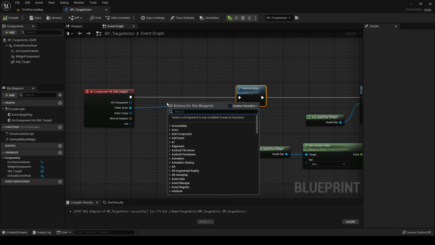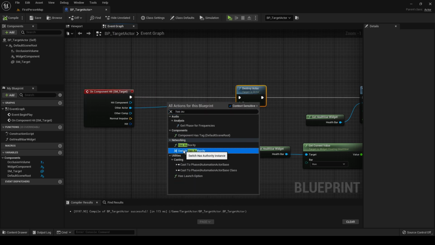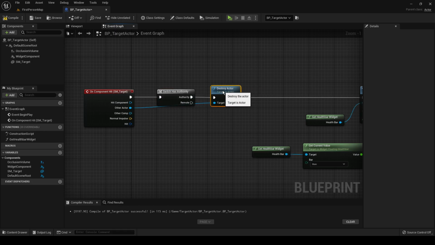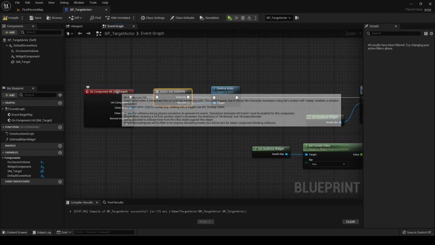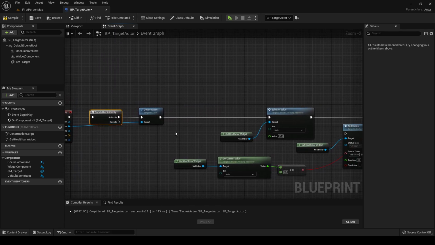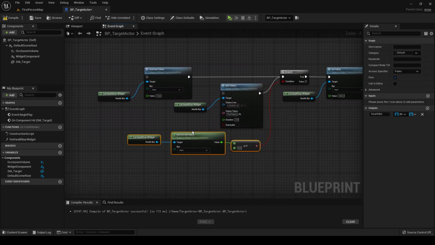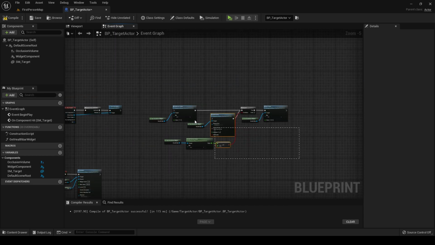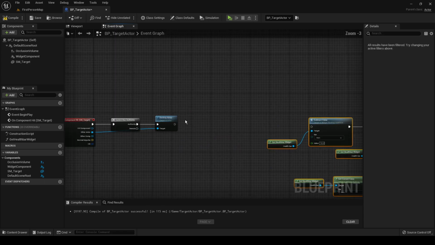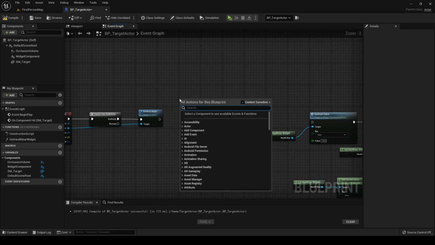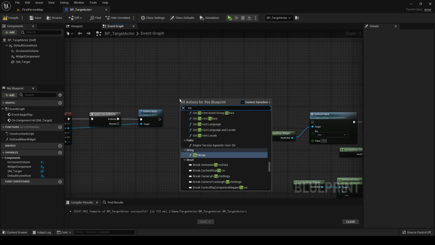So we're going to do a has authority switch. If it has authority, then we want to destroy the actor. If the client detects a hit, it's not going to do anything. And then all this stuff is the health bar, and that's purely visual. So we can then get the server to call a function to get all the clients to update the health bar. So we're going to create a custom event,